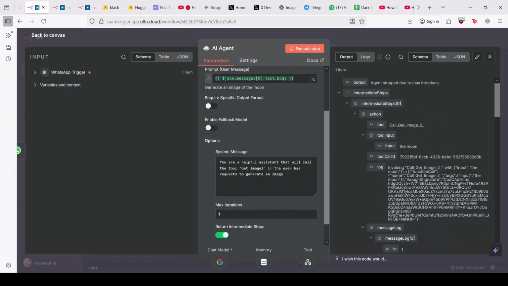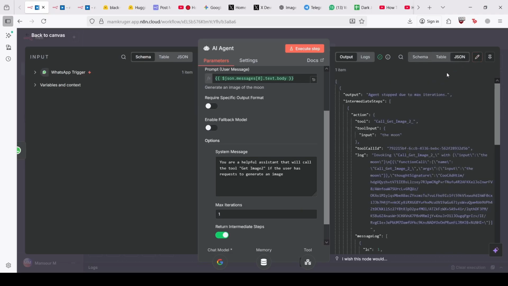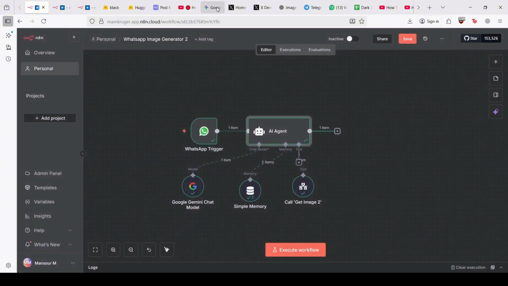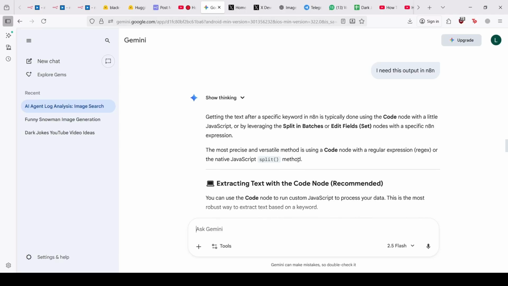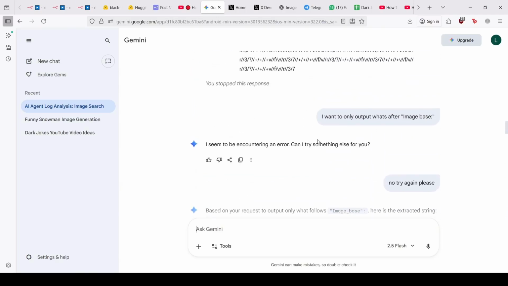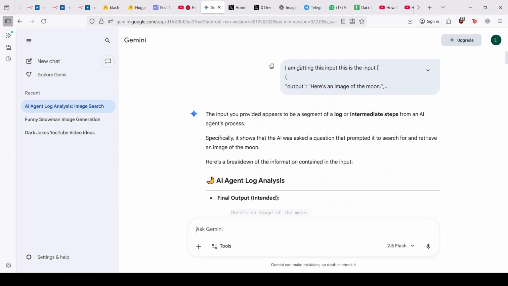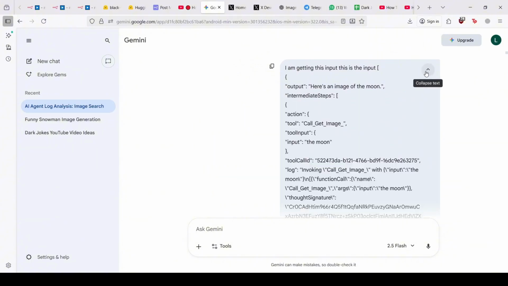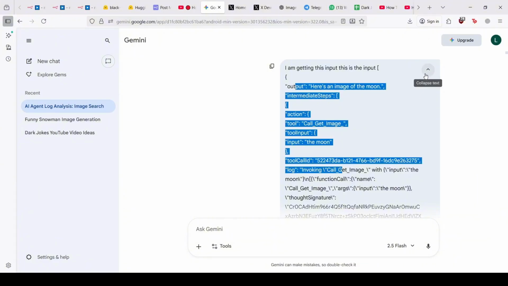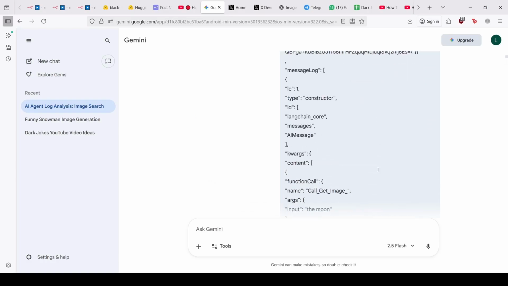you can just go to JSON here and copy this to clipboard and go to Gemini or ChatGPT and do what I did over here. I said I am getting this input. If you see here, this is what I did. I'm not gonna do it again because it might take some time, but this is what I did. I told it this is what I'm getting, and I said at the end here,